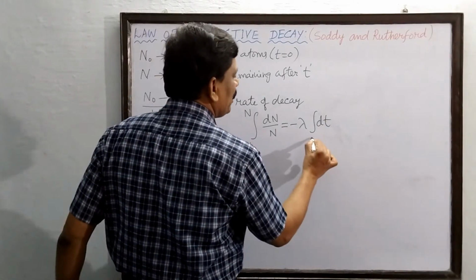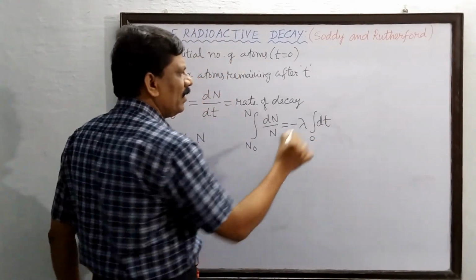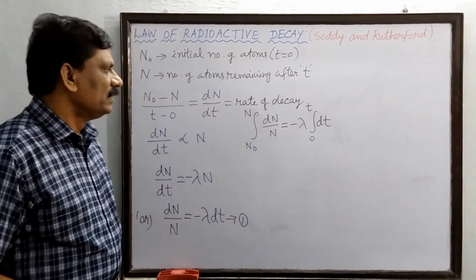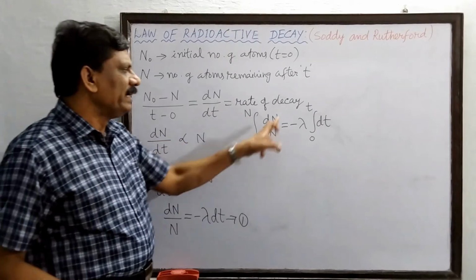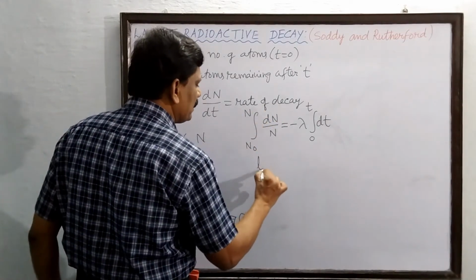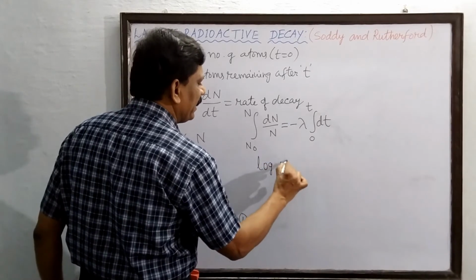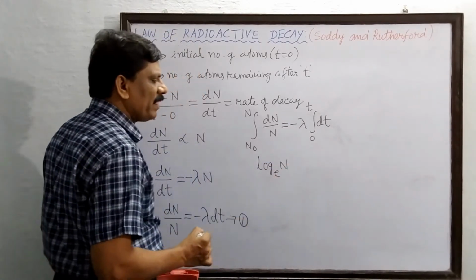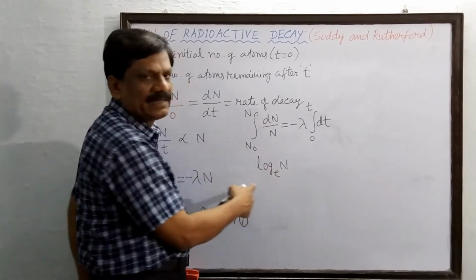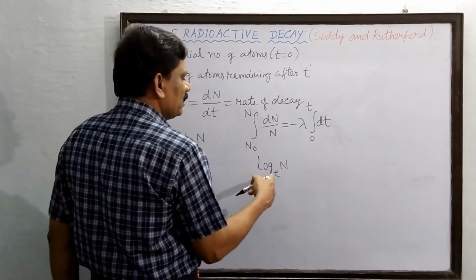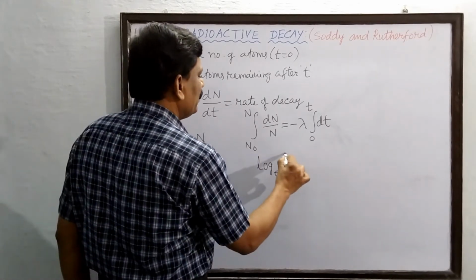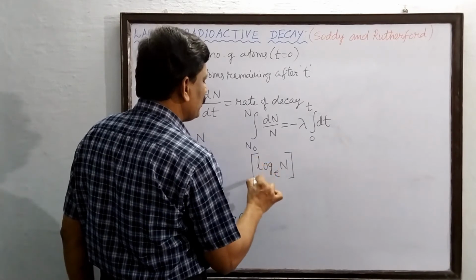Similarly, here at the start of the process, the time is 0 and the time later is t. So, it is 1 by n into dn. Integral of 1 by n dn is log of n. So, this is a logarithm of n to the base e. E is the exponential constant. This is also called ln. So, better if you write log n to the base e, and it is between the